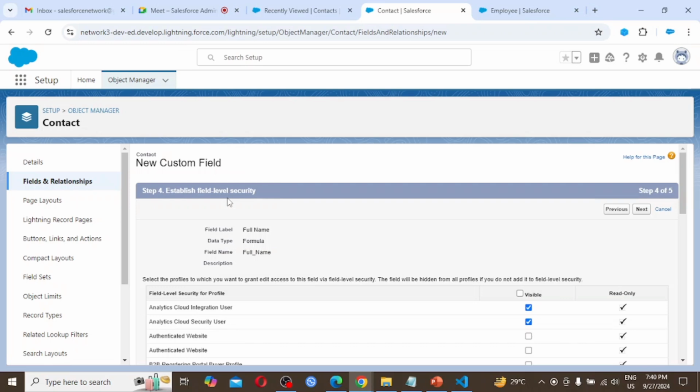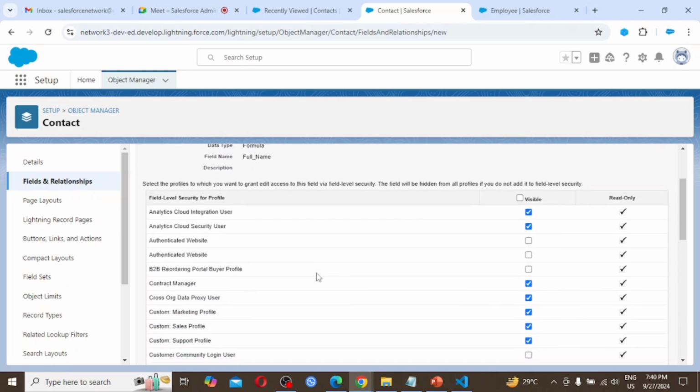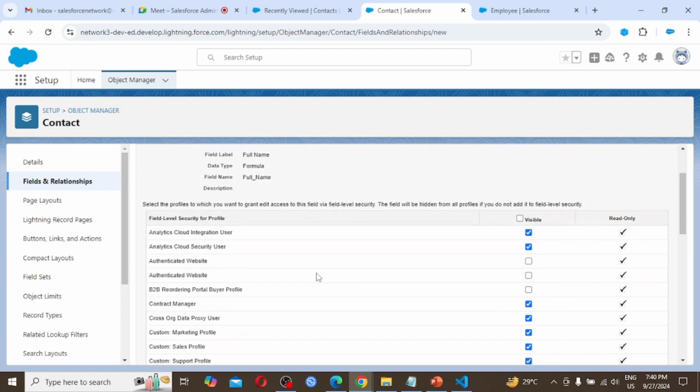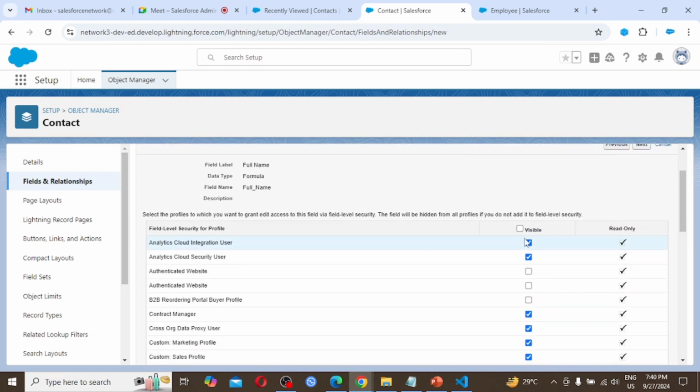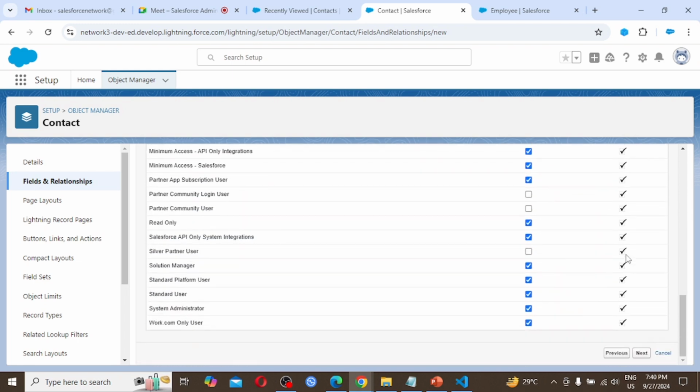When we discuss security controls and sharing settings, at that time you will get to know why I went with default: what is the purpose of all these profiles, why it is visible, why it is read only, and why we take these profiles, as these are the standard ones: standard platform user, standard user, system administrator. You will get to know at that point of time.